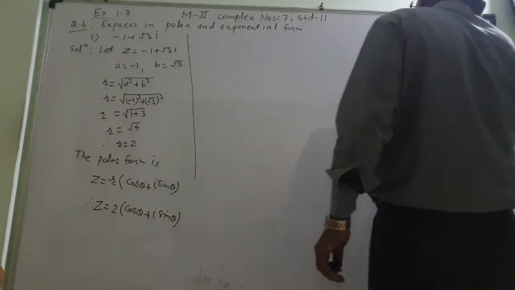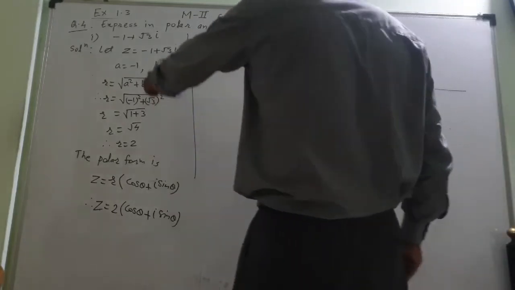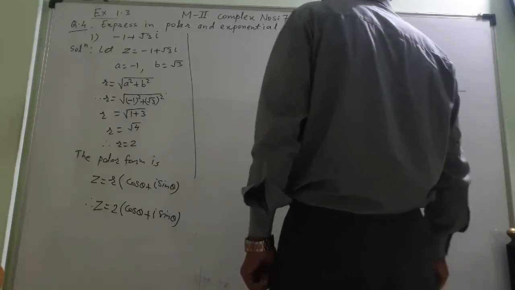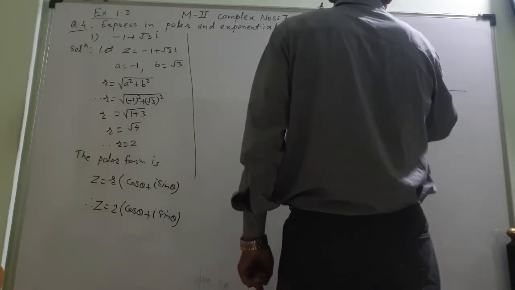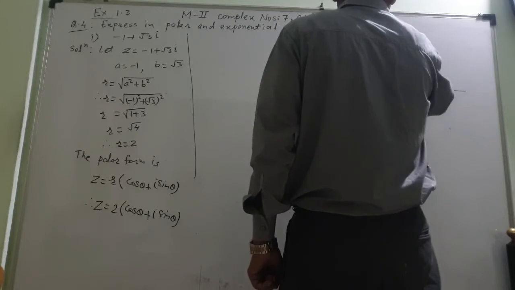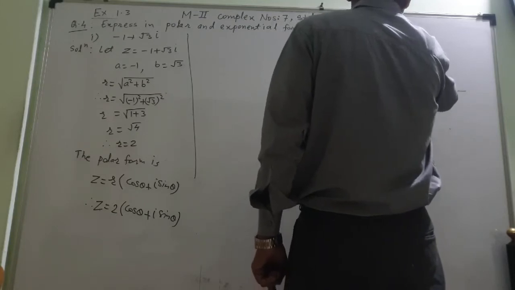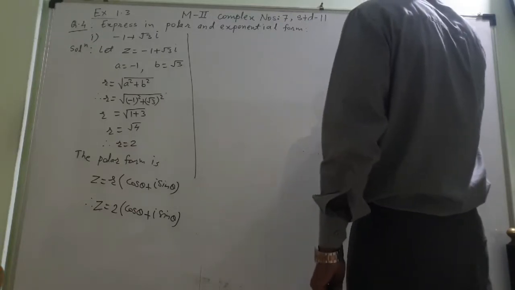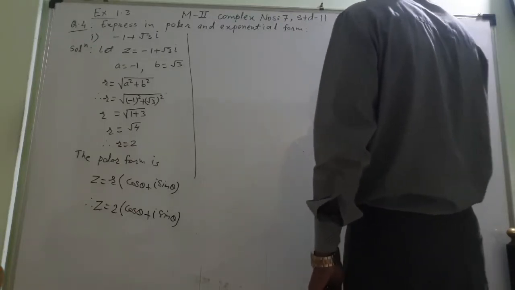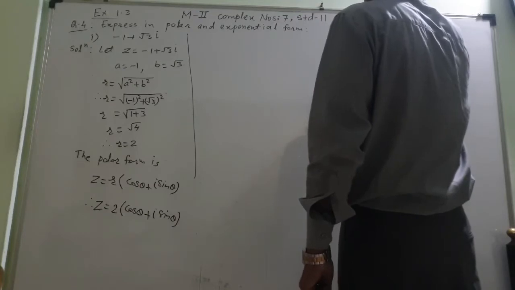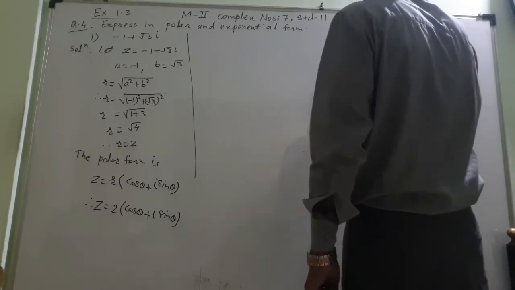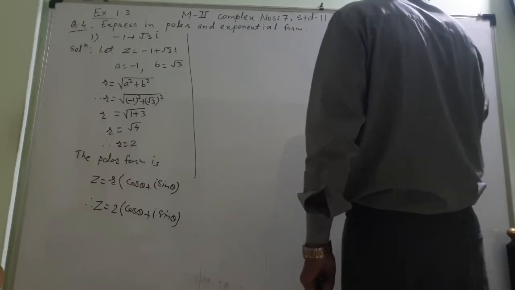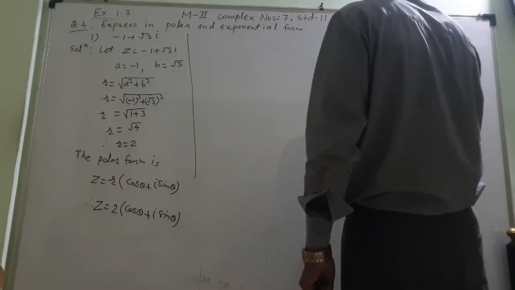See here. I will try to plot this minus 1. Here it is minus 1. This is minus 1. Root 3 positive. Positive root 3 means here. This is root 3. Root 3 means 1.732. This is that point. This is minus 1 comma root 3. This is your R. R is equal to 2. And this is the angle. This angle I want to find.